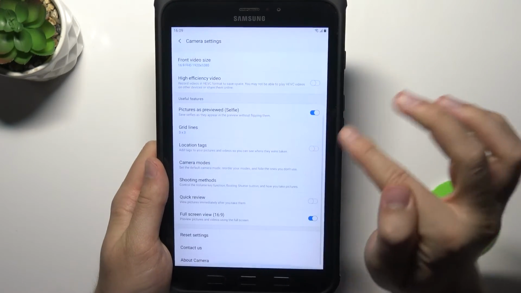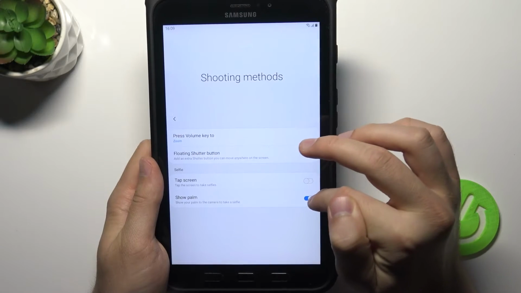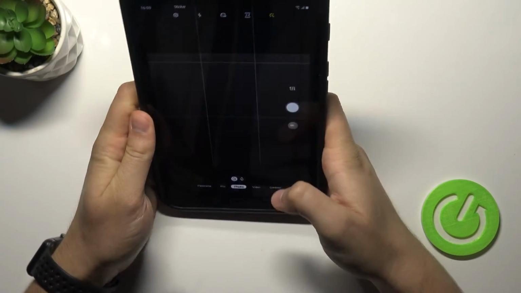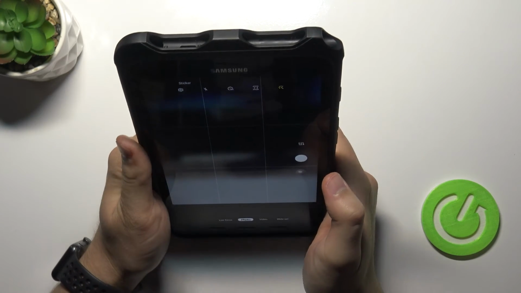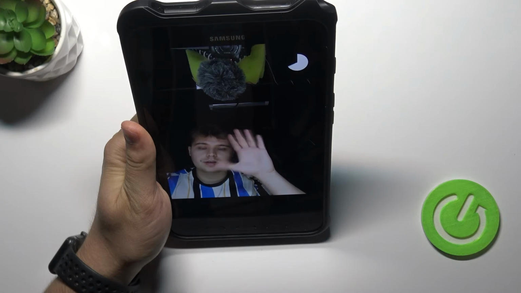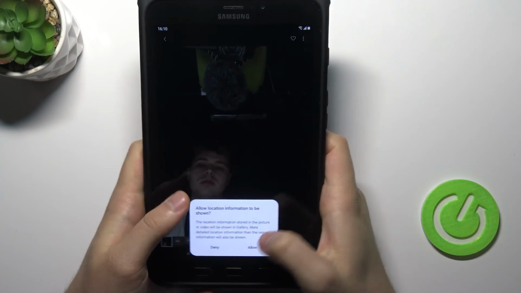And another option that we can find here in the shooting methods is to take a selfie with palm. So when I'm going to switch to the front camera, like that, and right now when I'm going to show the palm of my hand, the photo will be taken after a few seconds. So that's all the tricks that you can